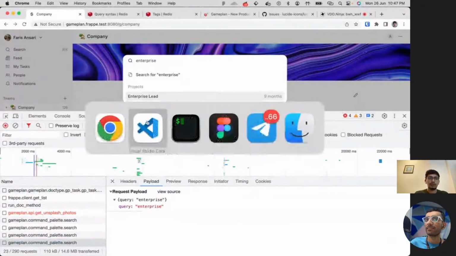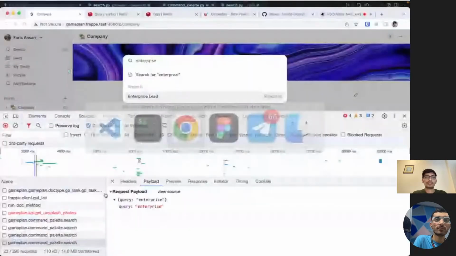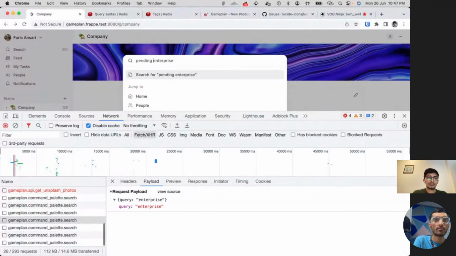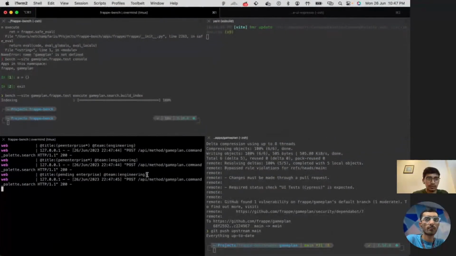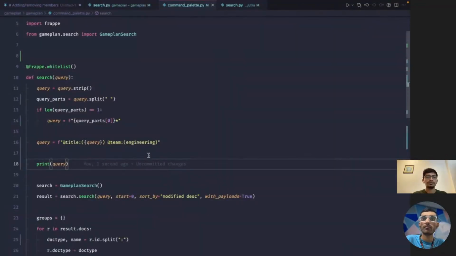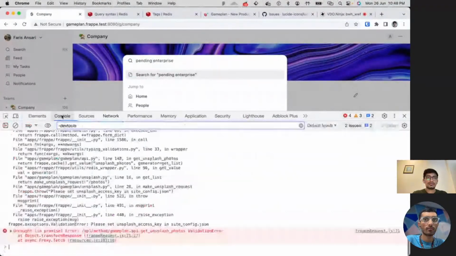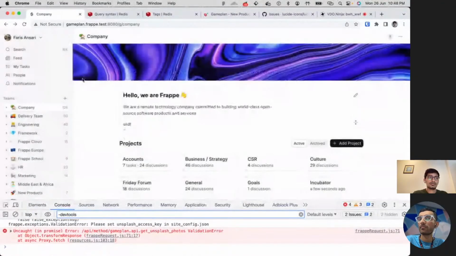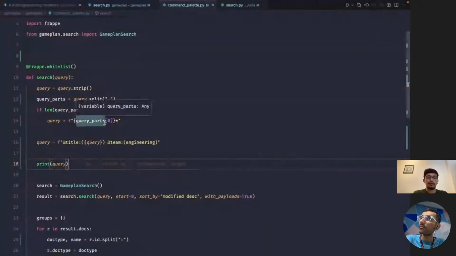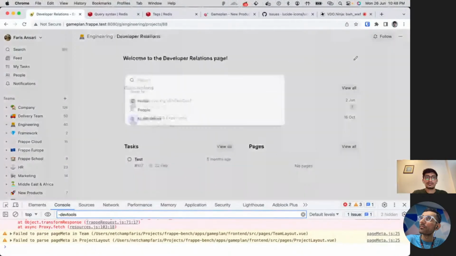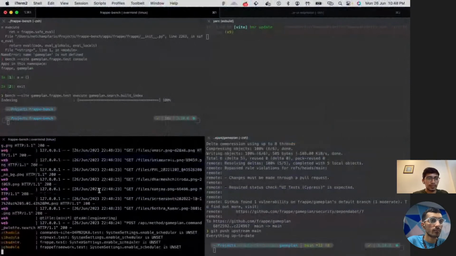What is the generated query? Enterprise, pending enterprise and team is engineering. So it should search in other engineering discussions. Let's say mini.conf. No, not this. Mini. No, it is not working. Why is it not working? The query was